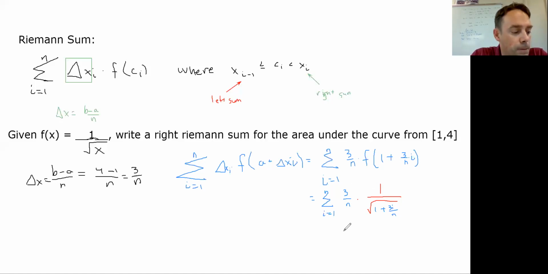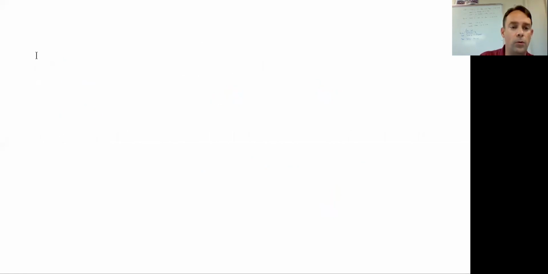Well, what ended up happening here is mathematicians went a little bit further. They said, well, we might be able to do something more with this. And they defined something called a definite integral. Now, we've already looked at indefinite integrals. It turns out these definite integrals are also tied